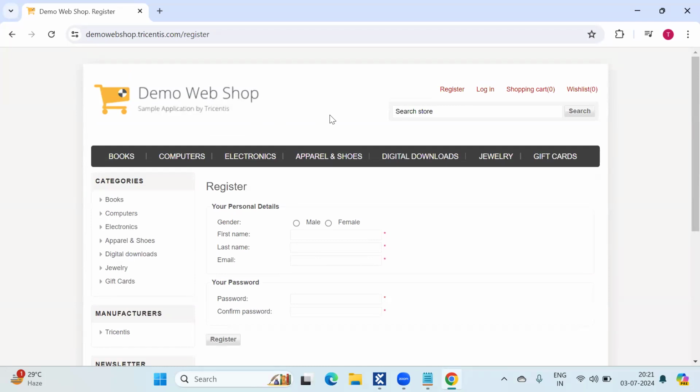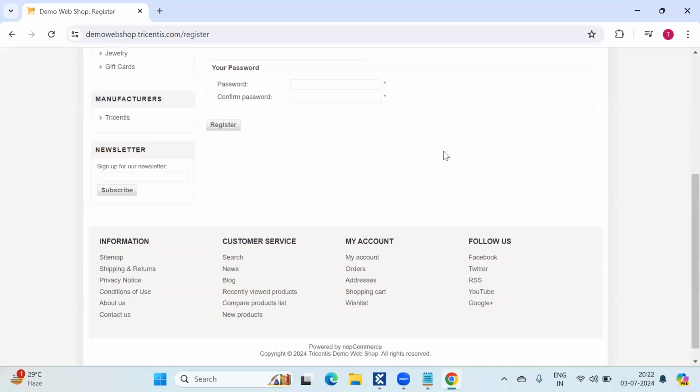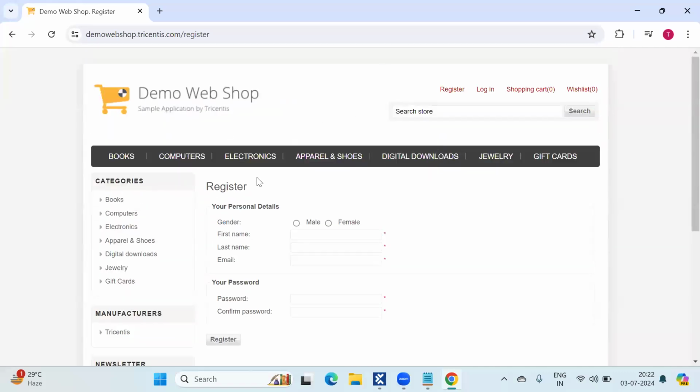There will be no difference, only the application might be different. In live projects also, the controls and everything will be the same. You must practice on a daily basis on different applications. That is the only difference. This application is developed by Tricentis only.